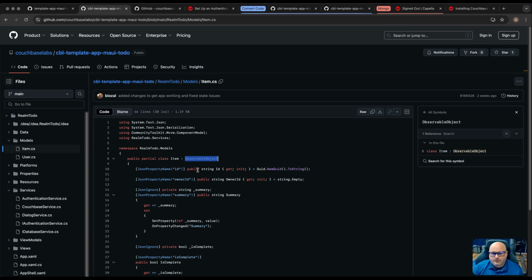So I took out their IRealmObject. I added in the observable objects. This is something that's part of the Community Toolkit that comes with MVVM. And as a .NET developer, I would expect somebody to understand this. This is how MAUI works, right? Observables. I also bring in the JSON library and the serialization library, because .NET, when it comes down to it,